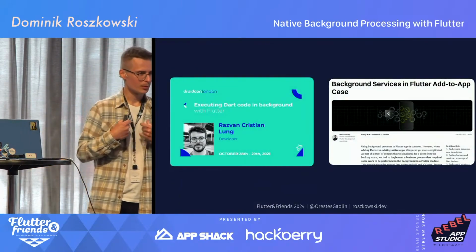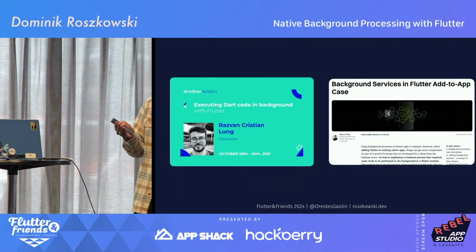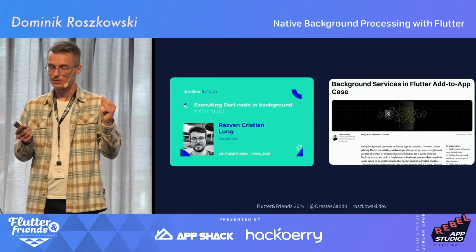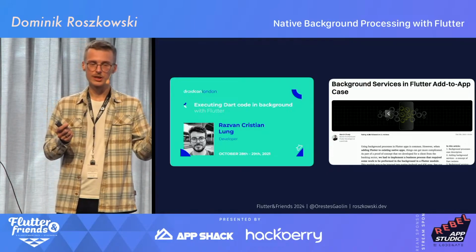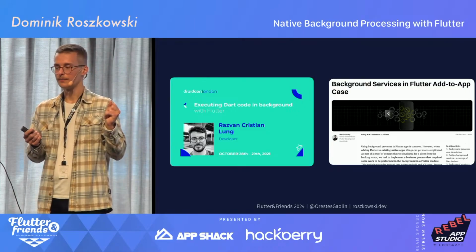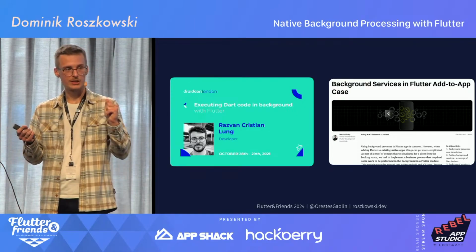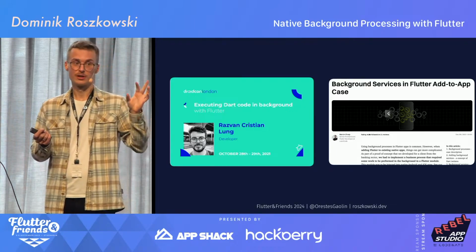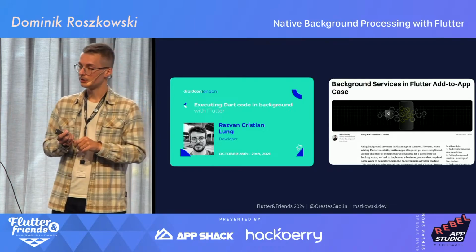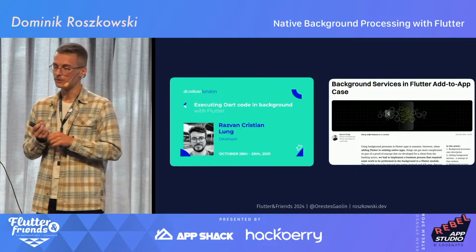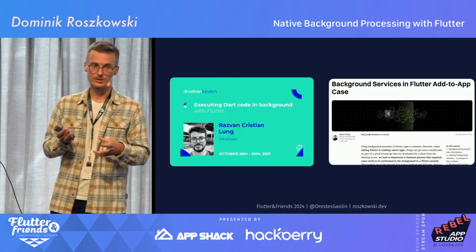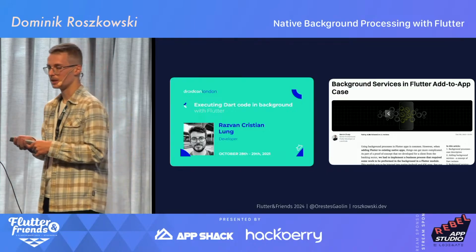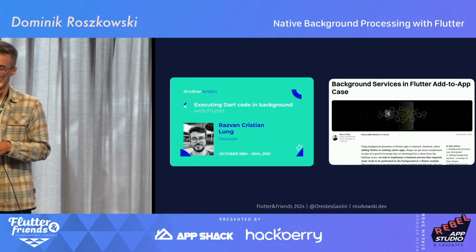And if you want to understand this a little bit more, I highly recommend two resources. First of all, a couple years ago, Razvan Lung had a really good presentation at DroidCon about how isolates communicate between each other. Since then, we had a lot of improvements in isolates, like isolate groups and things like that. And then the other one is the example of adding Flutter to the existing app, where they have to create several Flutter engines, not a single one, but a couple of them, and maintain connectivity and communication between them,